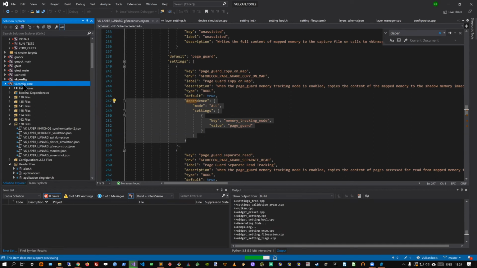If it's separated in 2 parts, it's because we could picture it would be useful for vkconfig to be a library included into a third-party tool. I don't know, for example, RenderDoc, I'm not sure, but maybe, so that the tool could control the layers.